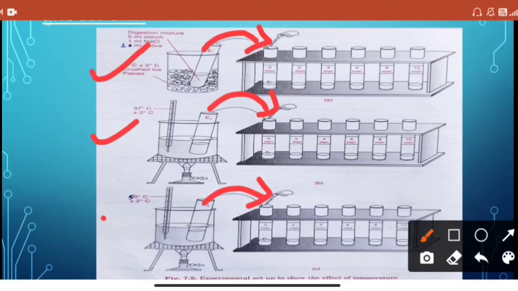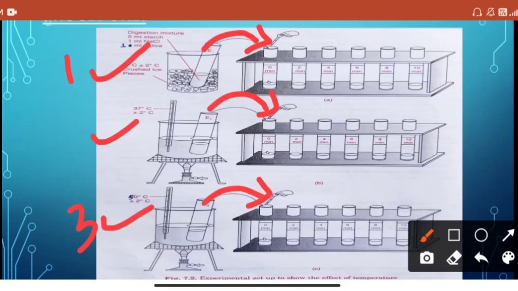But for the first and the third set, it will take a long time for the enzyme to digest all the starch, because the first set is kept at very low temperature, and the third set at very high temperature. You know that at higher temperature the enzymes, as they are made up of proteins, denature. Okay, so what we will do,